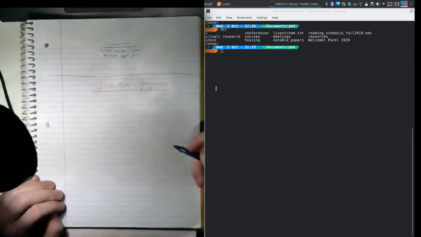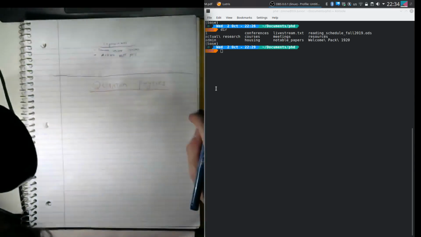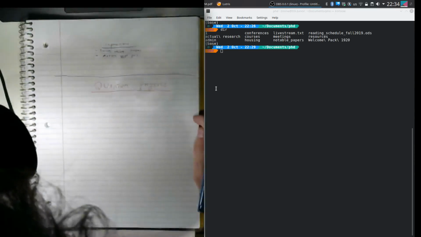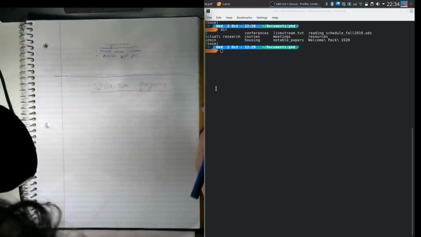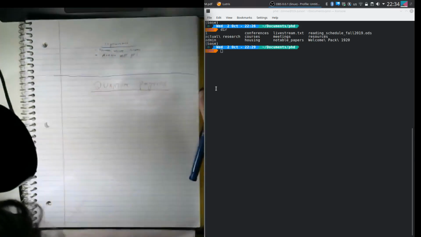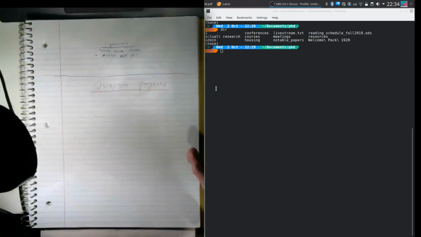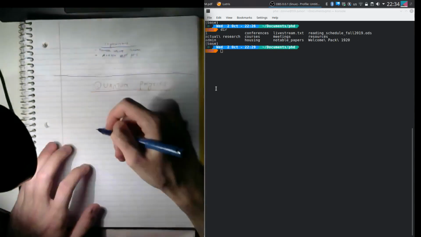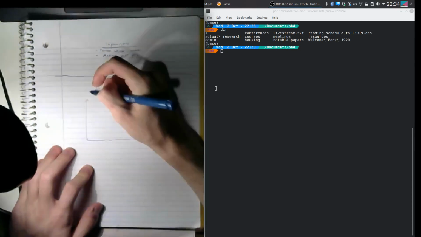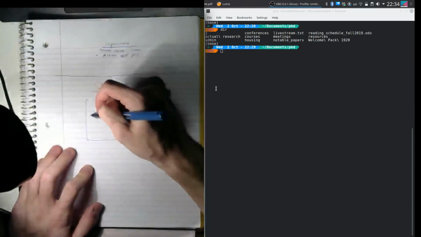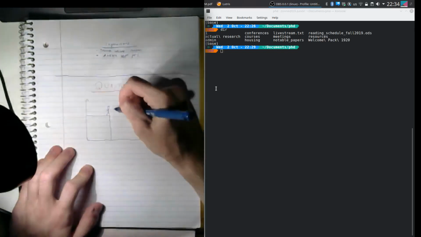So, quantum physics. The main thing that separates quantum physics from classical physics, as I understand it, is that the values that physical parameters take are no longer numbers. In classical physics, everything is a number. If you have, say, the traditional high school physics problem of a man standing on a cliff and throwing